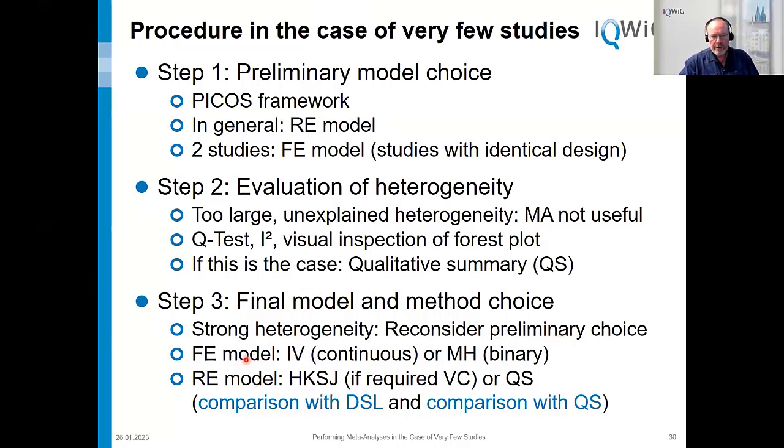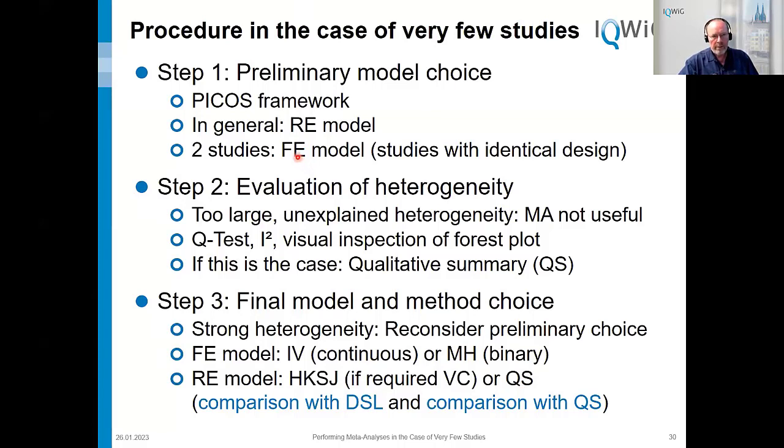If we keep the fixed effect model, we use inverse variance for continuous data, or Mantel-Haenszel in the case of binary data. In most cases, we use the random effects model, which means we use Hartung-Knapp-Sidik-Jonkman with or without variance correction. For this we compare it with DerSimonian and Laird, and we compare it with a qualitative summary. And in a lot of cases, with few studies, in the end we end up with a qualitative summary of study results, because a fixed effect model